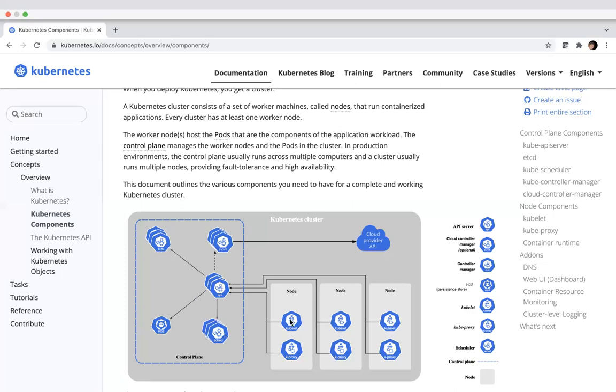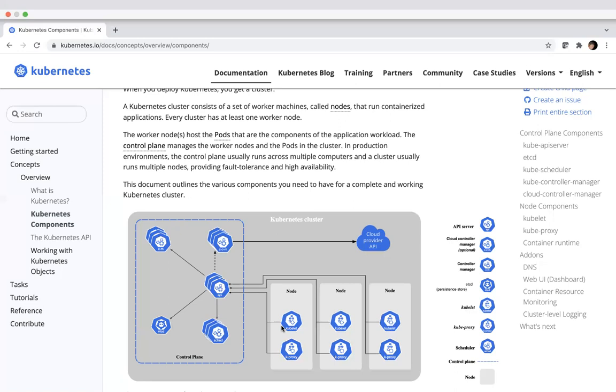And kubelet is basically responsible for scheduling the pod or container on the worker node. Kubelet interacts with docker shim if you have docker as your runtime, or if you are using some other container runtime.